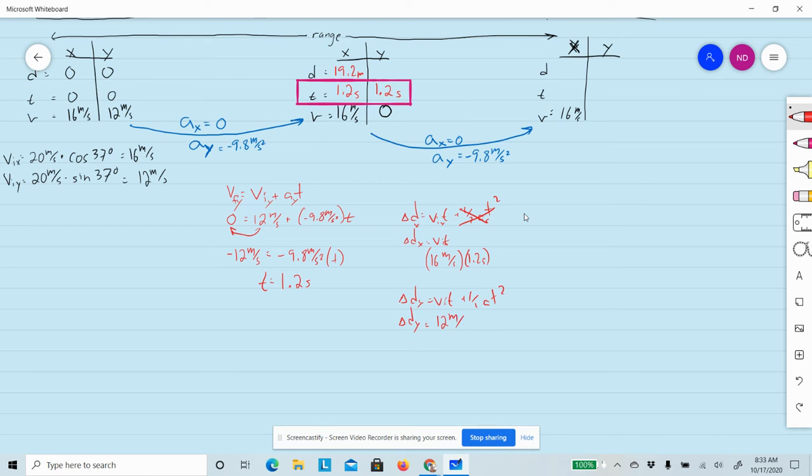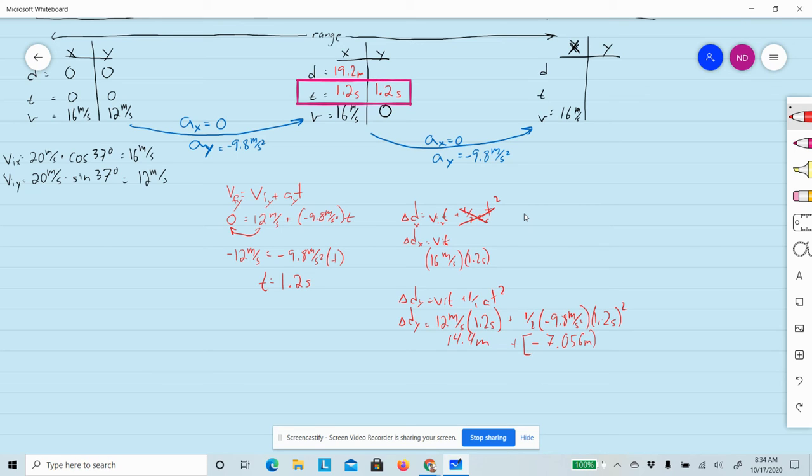ViT, 12 meters per second multiplied by 1.2 seconds plus 1/2 negative 9.8 meters per second squared times 1.2 seconds squared. 1.2 squared gives us that times 9.8 times 0.5. This is going to be plus a negative 7.056 meters, and 12 times 1.2, 14.4